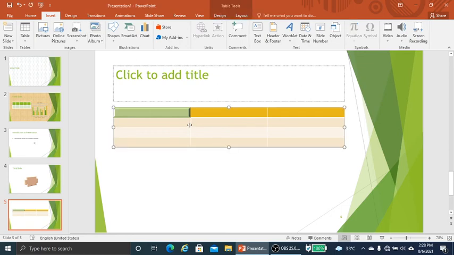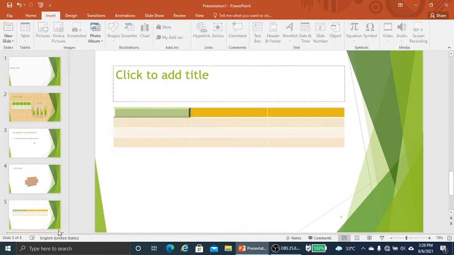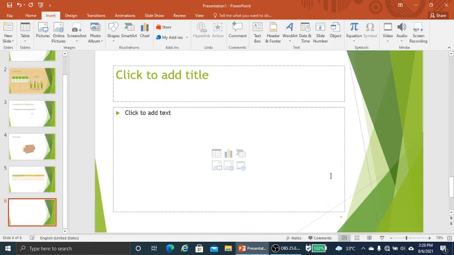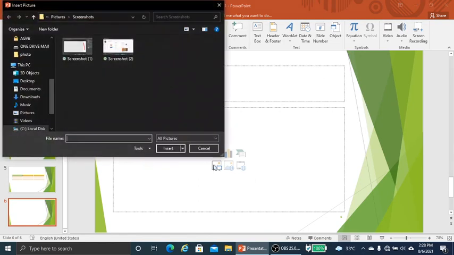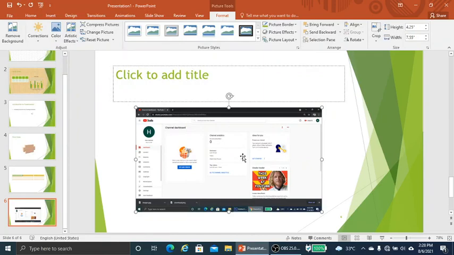Initially we have to choose an object, and after choosing the object, so let me insert an image. Let me bring a new slide and insert an image. Then you can see a Format tab has come.